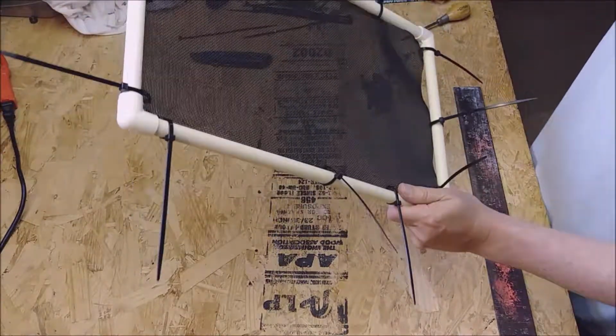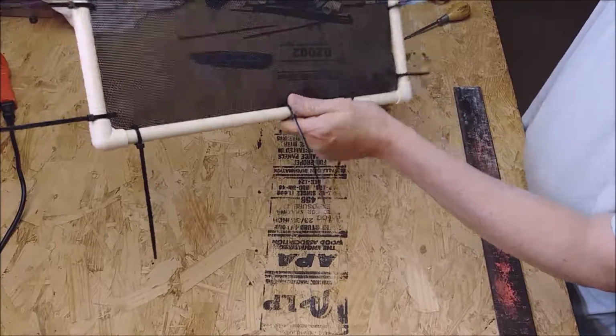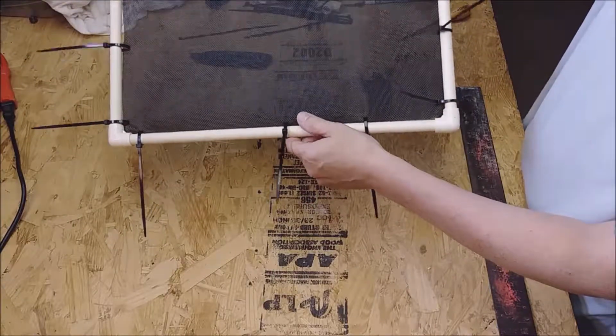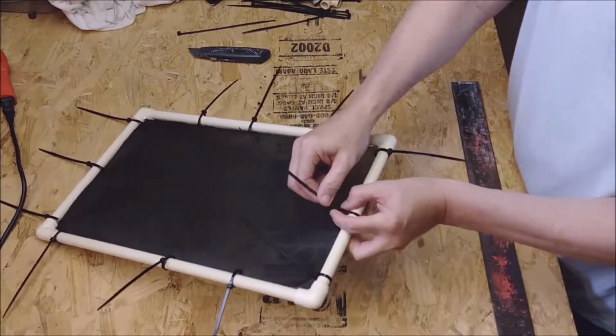You got all your wire ties on there, and then you can start going around and snugging them up so that you get the screen nice and tight. Not too tight, but just enough that it's got some resistance against it, and you get all the little gaps out of it. What you want to do now is, once they're tightened up, roll these up so that they're...